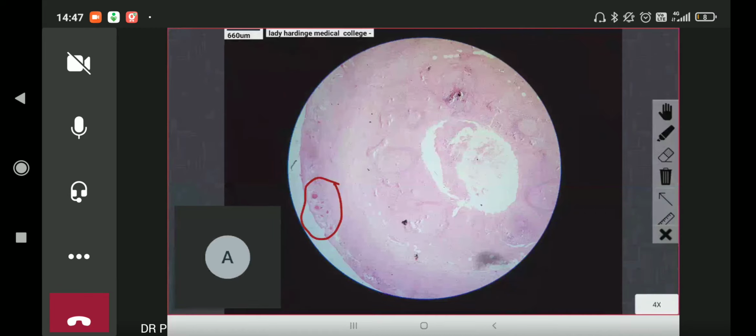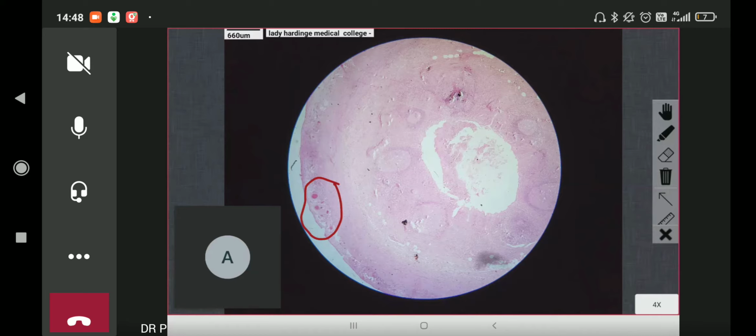Now, where are we exactly going to look for neutrophils? We don't look here. No, this is not the place where we look for neutrophils. If you see neutrophils here, you do not make acute appendicitis. Now, where do we see the neutrophils? We have to see from here to here. So this is the area where we need to see whether there is presence of neutrophils. Now, how do we look?